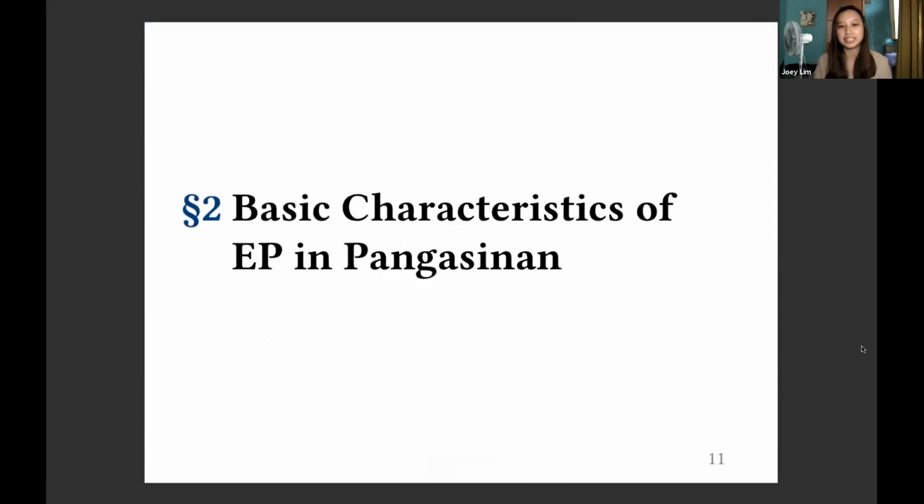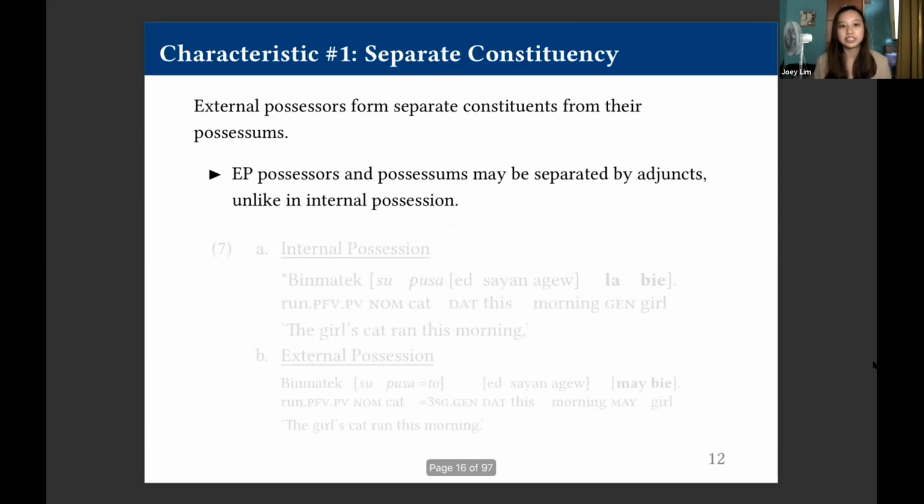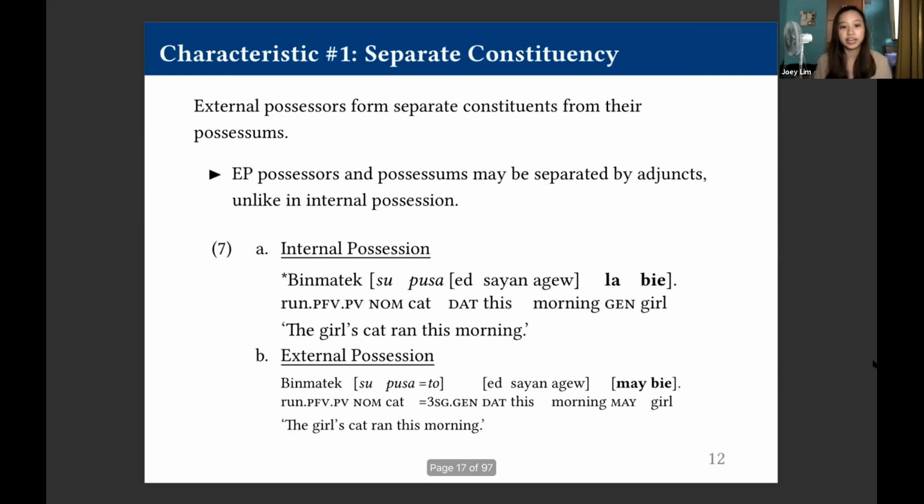Now let's look at some basic characteristics of external possession in Pangasinan. Firstly, external possessors form separate constituents from their possessums. We can tell when we use an adjunct separation test. In 7A here, we have a case of internal possession, and when we try to stick an adjunct, saya nagu, or this morning, between the possessor, which is the girl, labiye, and the possessum, which is the cat, supusa,